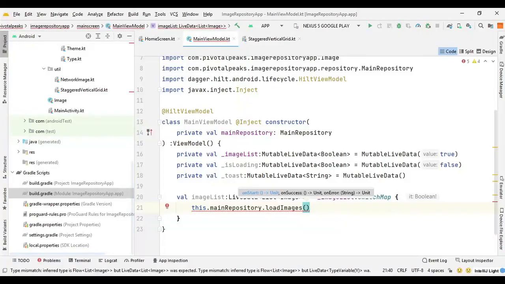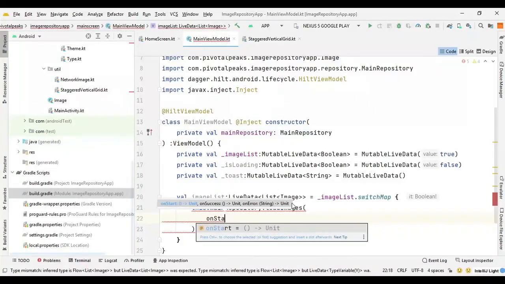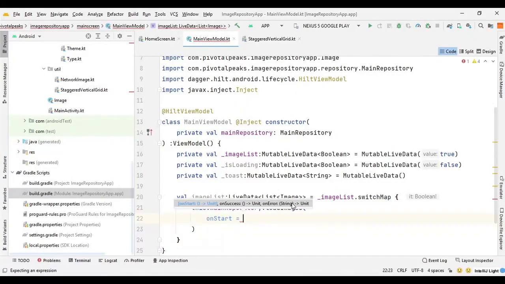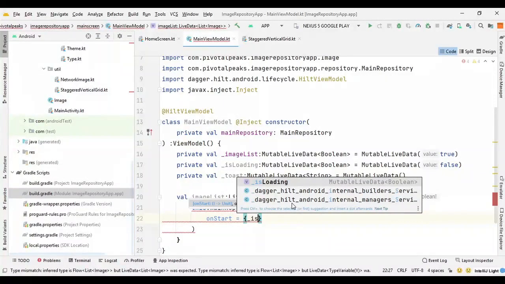Then we will have to provide all the functions that we created in the main repository as a parameter to load image. So in a load image parameter, we can say on start, and on start we can set this loading to true.